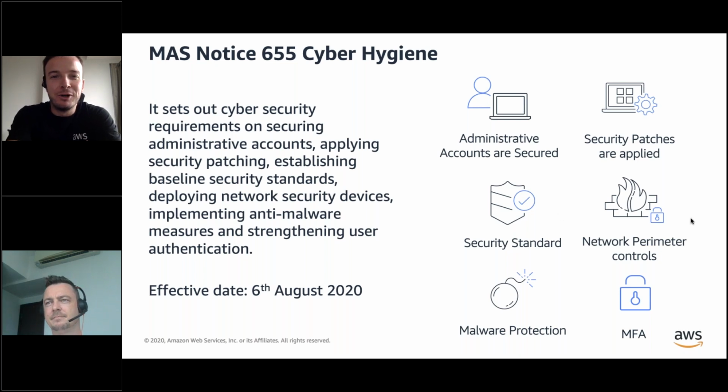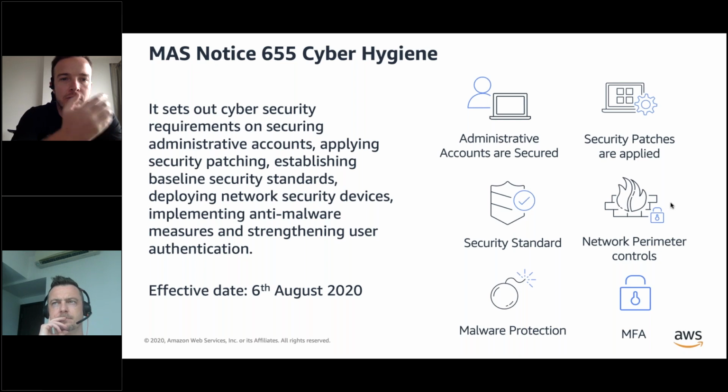There we go. Okay. In addition to the outsourcing guidelines, there are also the MAS technology risk management guidelines, which go a little deeper from a technology perspective, and they call out requirements and guidelines to follow through the implementation and the use of IT. There are a lot more technical control considerations within the guidelines, ranging from access control to physical security of your data centers, to proper change management, software development lifecycle, and through to the use of proper cryptography to protect customer data. Now, what happened in August 2019 was that the MAS published the Cyber Hygiene Notice,